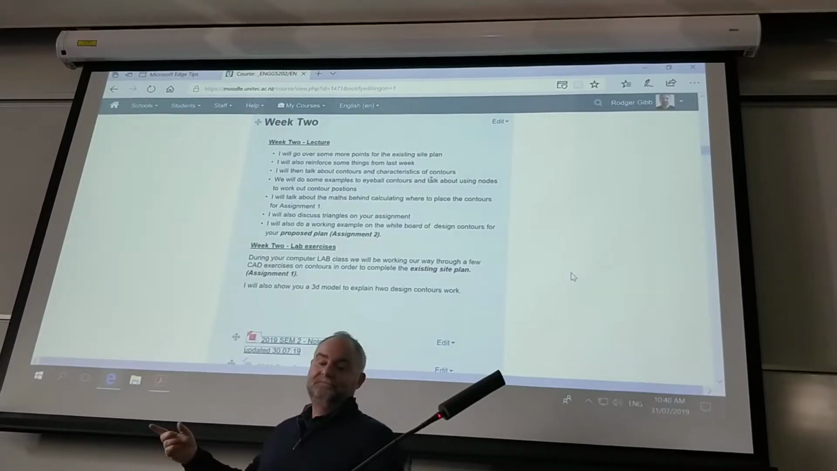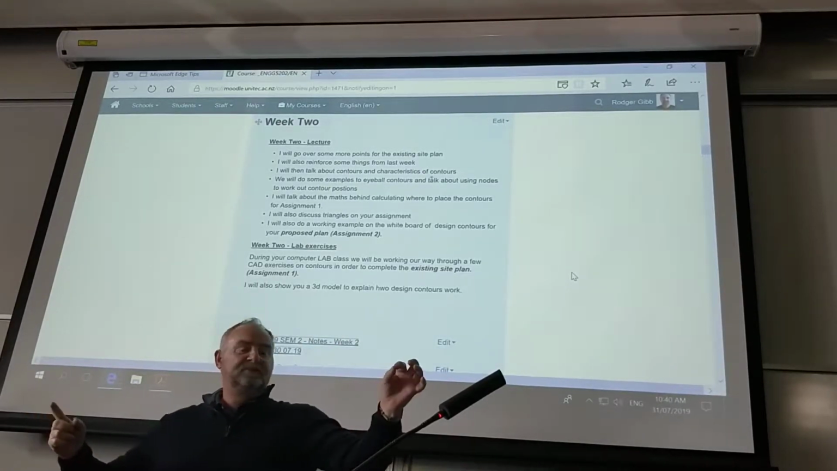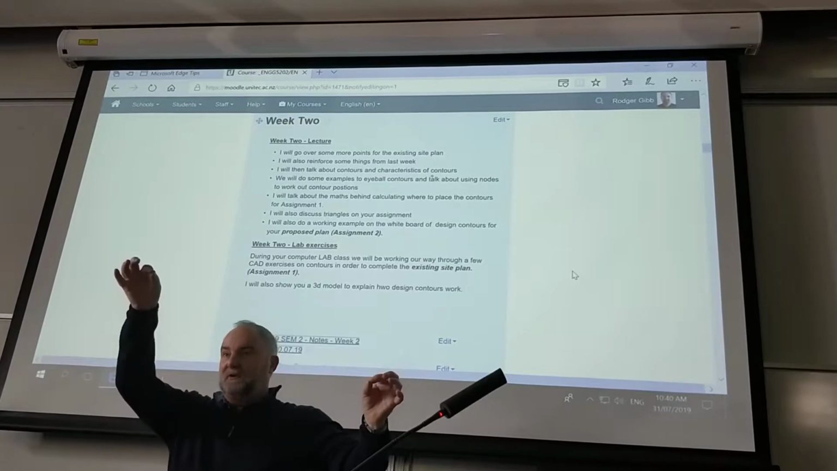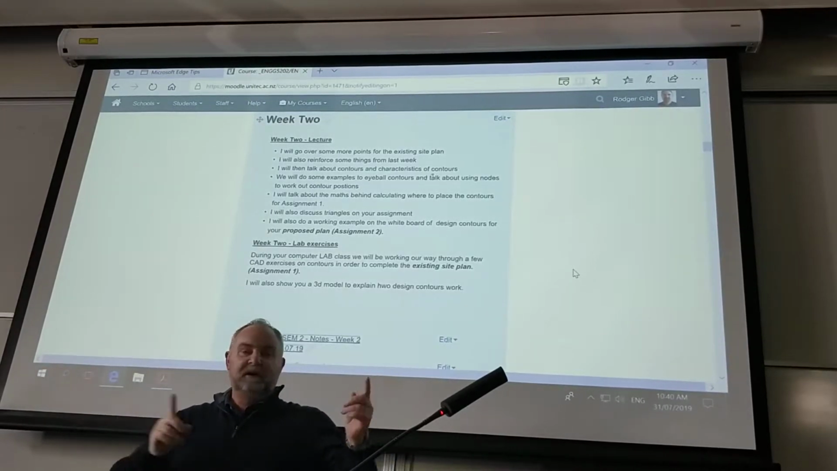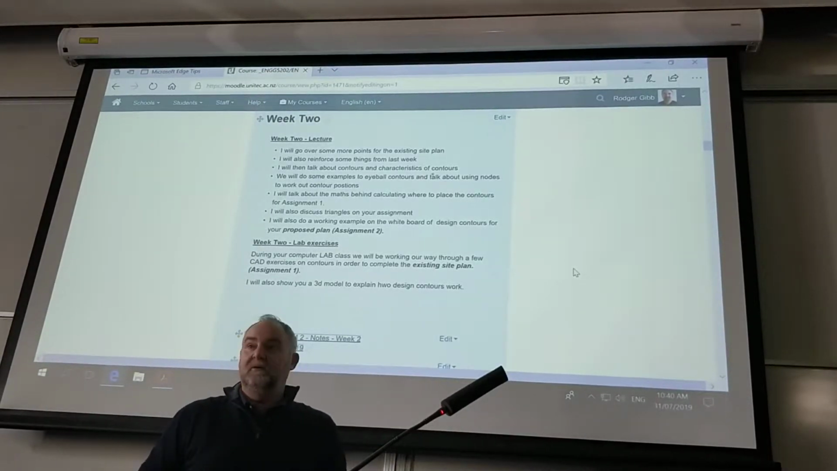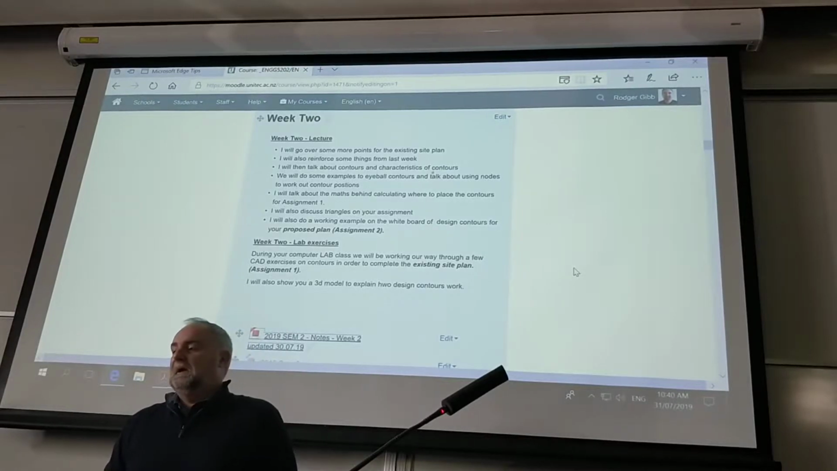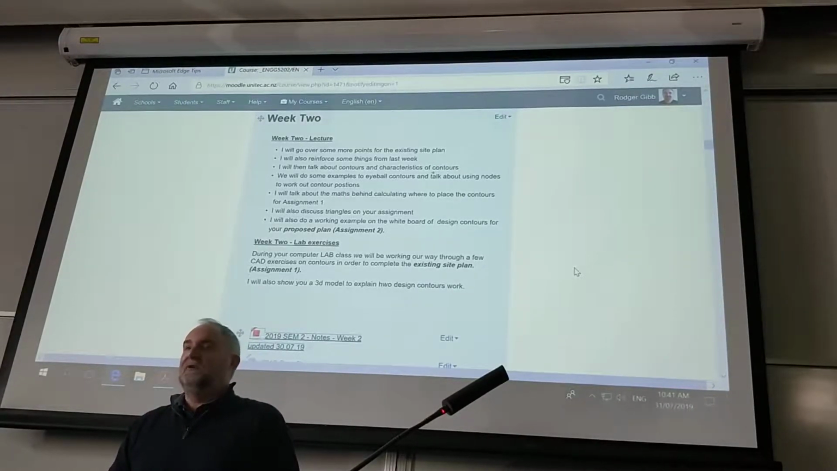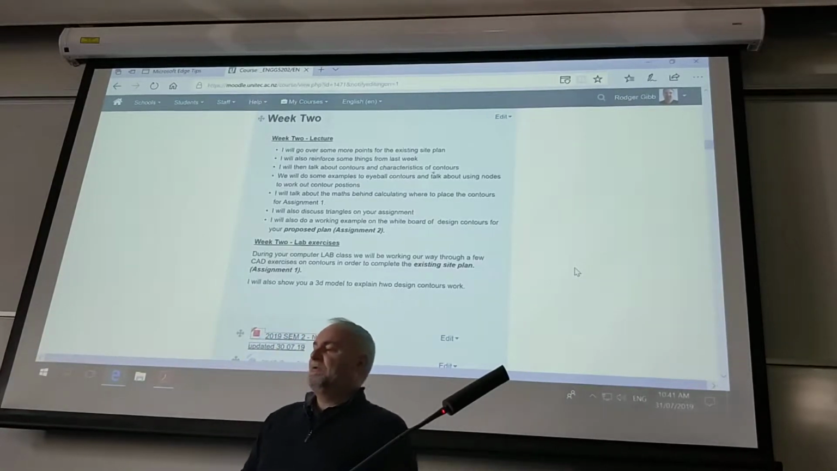Mathematical equation. In other words, there's a spot height, where does the contour come between them and what distance, and I'll show you that on the whiteboard as well. And then we'll go on to what we call design contours. Design contours are